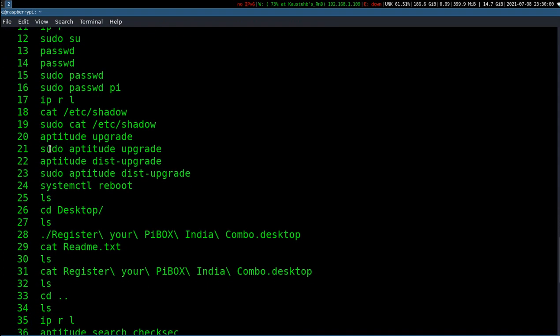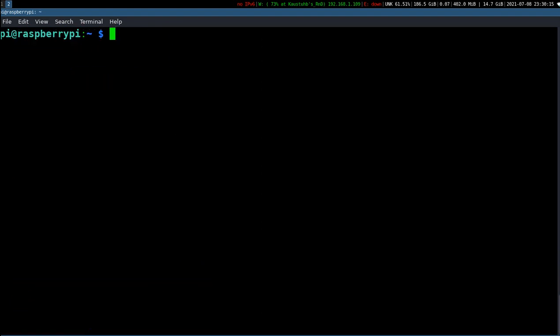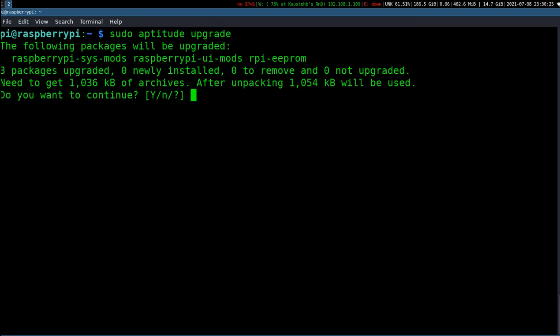I installed aptitude first, and once aptitude was installed, I did aptitude upgrade and aptitude dist-upgrade. First I did aptitude upgrade, then I did a dist-upgrade, nothing else. So now if you run sudo aptitude upgrade, I don't think any package is pending for update. Our system is up to date.